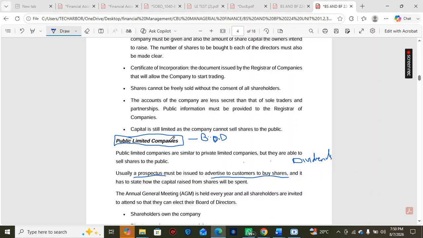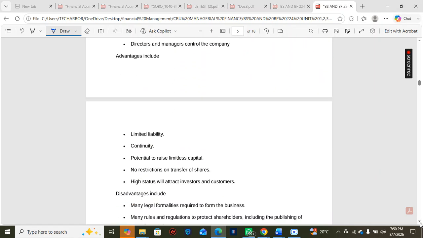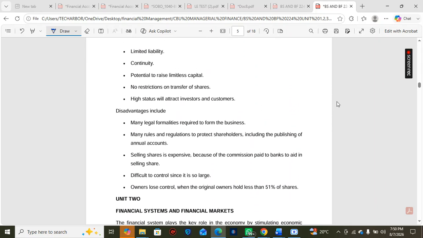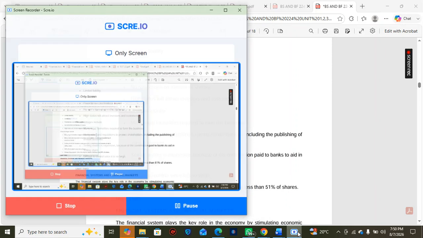So these are the companies we'll be dealing with mostly here in managerial finance, public limited companies. That ends unit one of